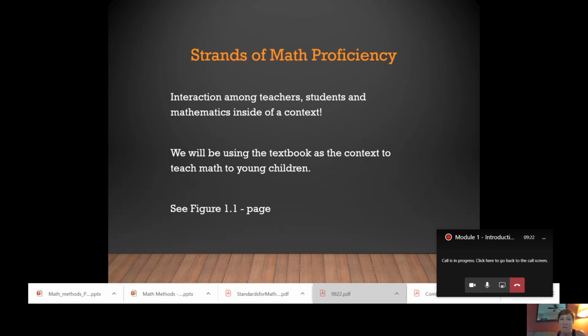And also this whole point of using a textbook. So we're going to use a textbook to teach math to young children, but it's not the end all in what we're doing. Math, it's a tool. And I even say this when I ask people to get textbooks for my courses. The textbooks are always used as a tool for teaching. In the textbook that we're using for this course, I would like you to check out figure 1.1, and it is on page 2 of my book. So if you have a different version, it might be on a different page.